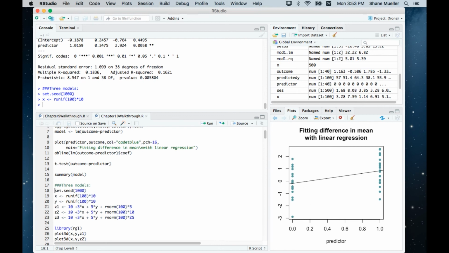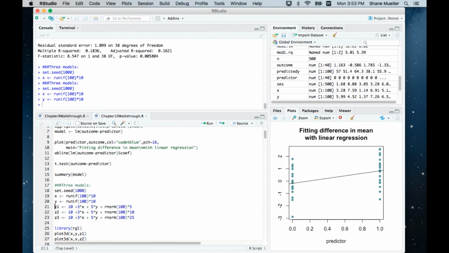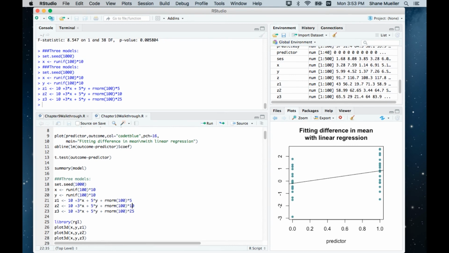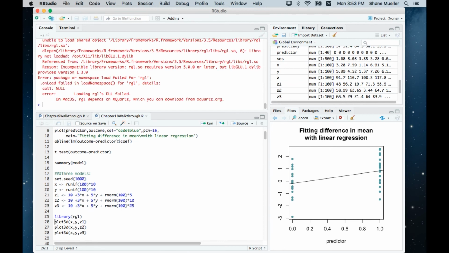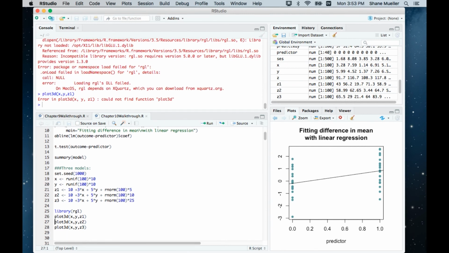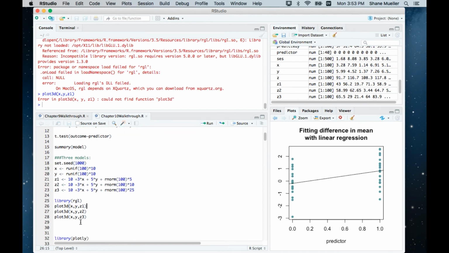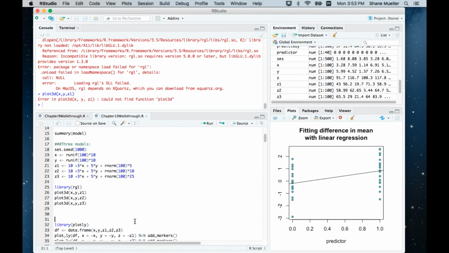So here, I'll just run these lines again, and here I'm going to create three linear models, 3 outcomes. In each case, I'm going to use a larger variance. So here's 5 units, standard deviations, here's 10, and here's 25. And let's see, I'm not going to be able to use plot 3D here, but I can use Plotly